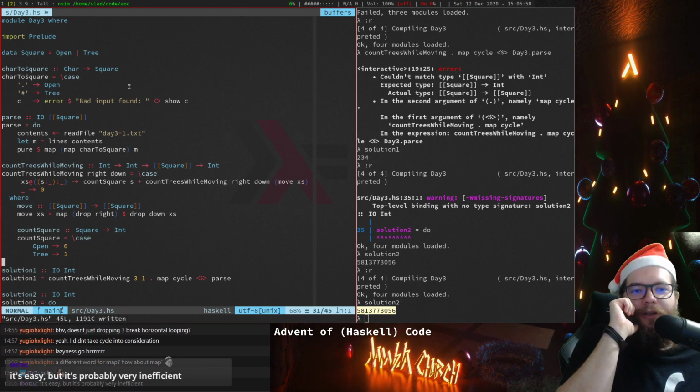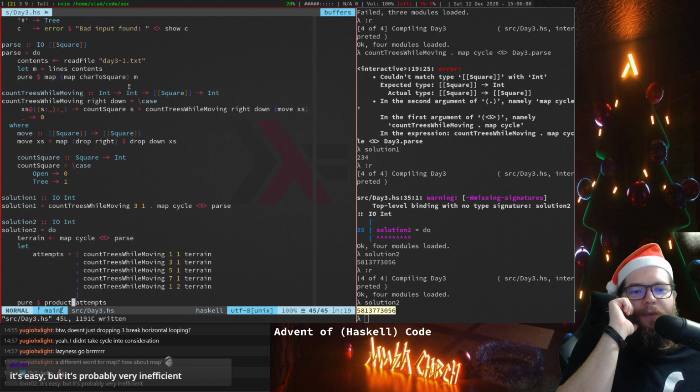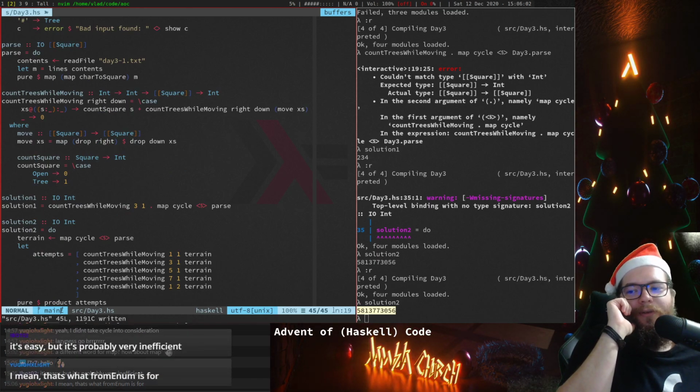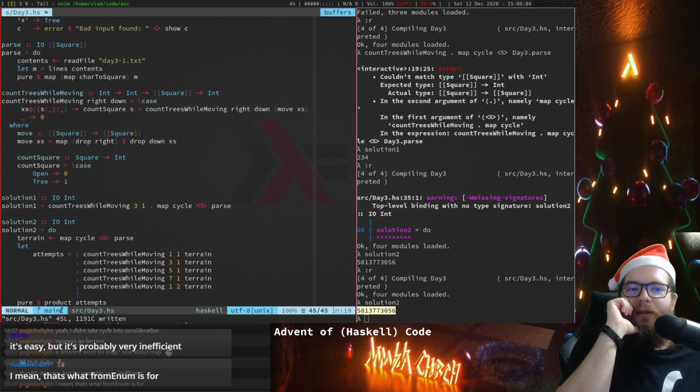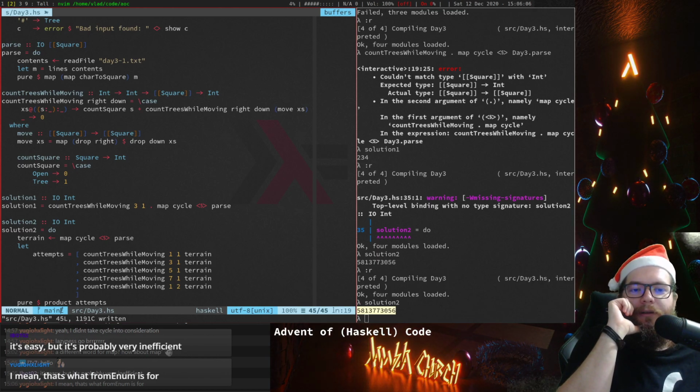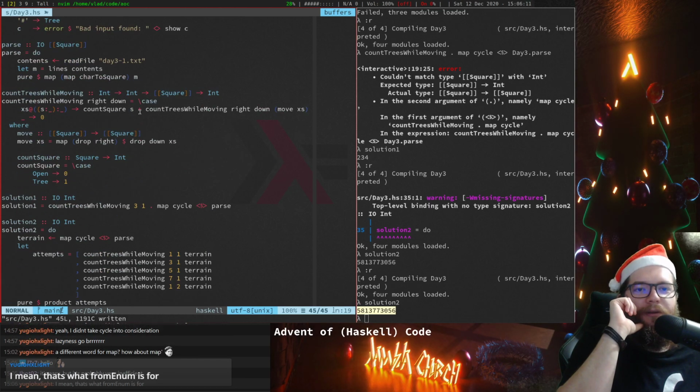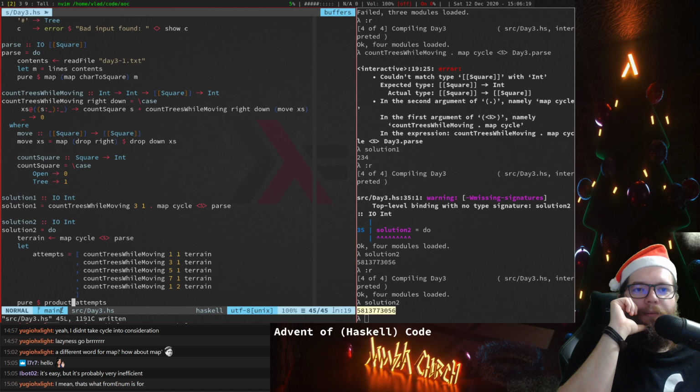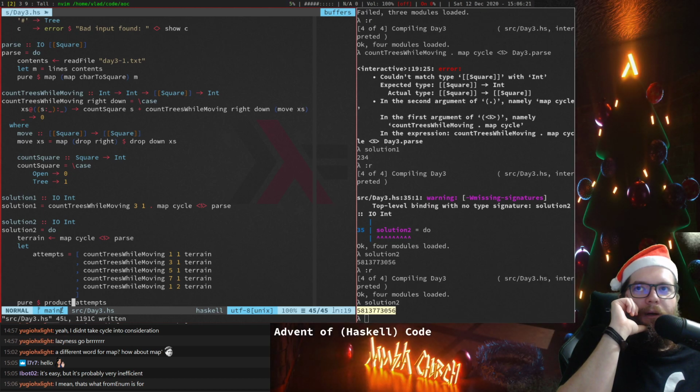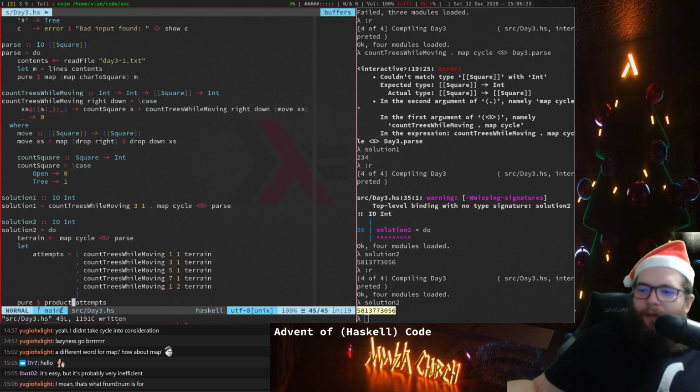It's easy, but it's probably very inefficient. Yeah, probably. But again, the point of this stream is to keep it simple, and I think an efficient solution would not necessarily be as simple anymore. I do wonder though how inefficient it actually is, and maybe that's something we could do in a different stream where we can actually